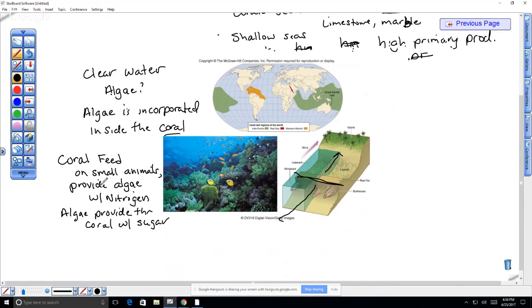Okay. Sorry about that. So they provide them with sugar. So this is an example of a mutualistic symbiosis. Mutualistic means both species benefit, and symbiosis means they live together. So you could have a parasitic symbiosis, which is where only one benefits and the other has a cost. But the algae are not parasites. They're actually doing the coral good because they're providing them with sugar, which can then be used to build